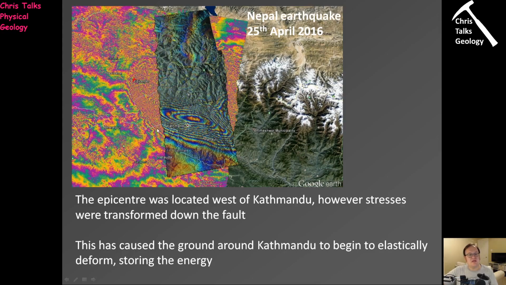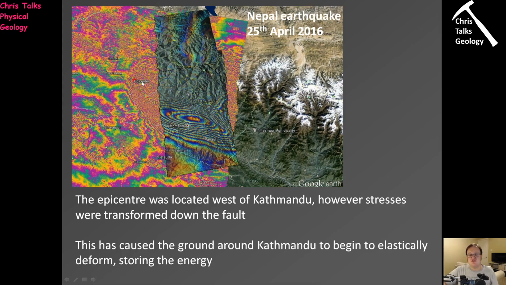So here we have a situation. This is the Nepalese earthquake of April 25th, 2016. Now in this case, the epicenter was located over here to the west of the city of Kathmandu. So what happened? Well, the earthquake itself occurred over here, but the stresses produced by this earthquake, some of them